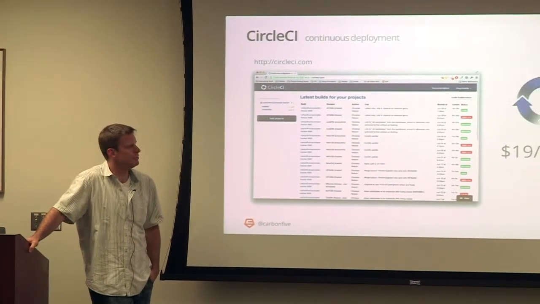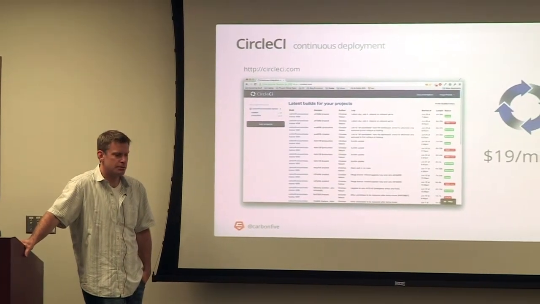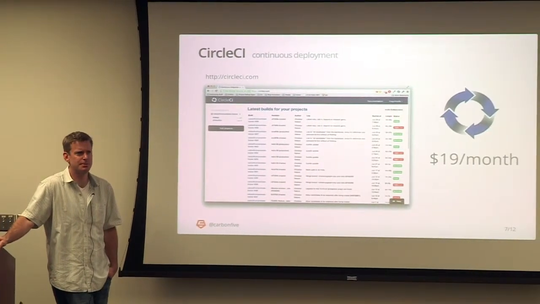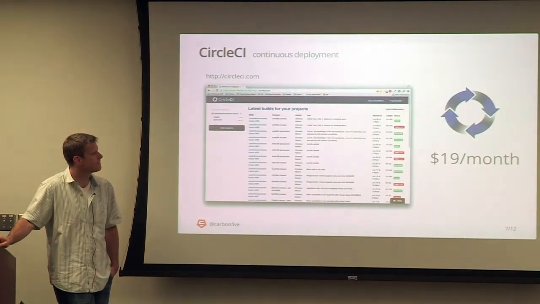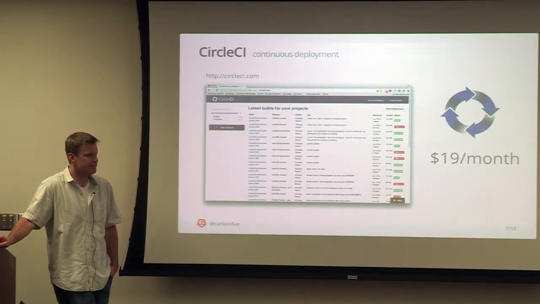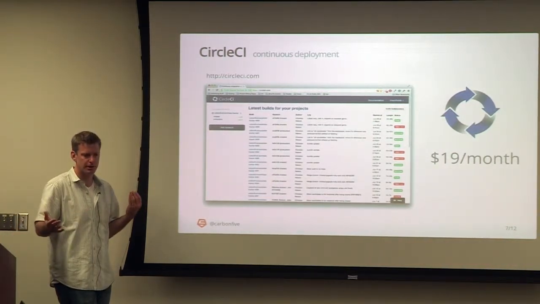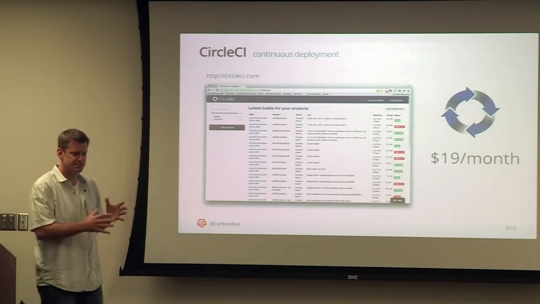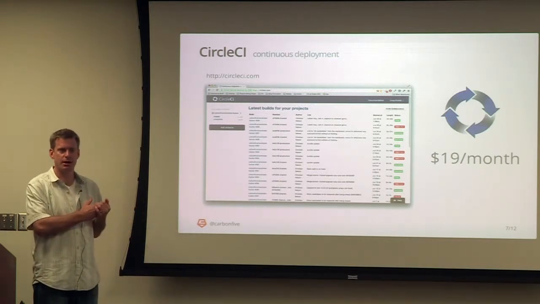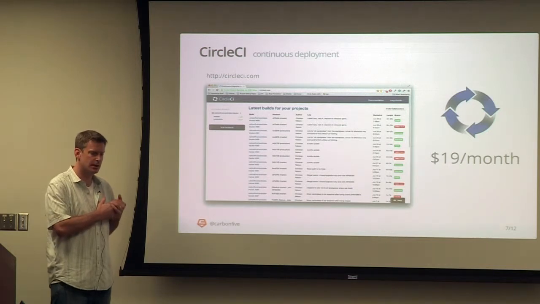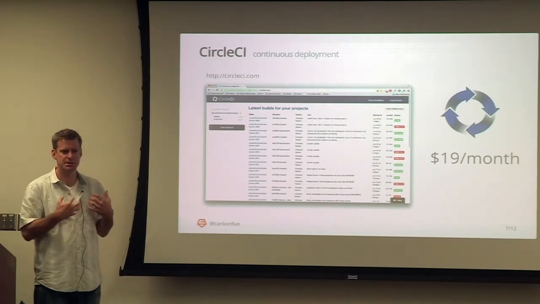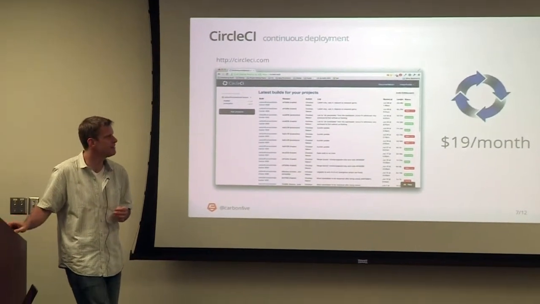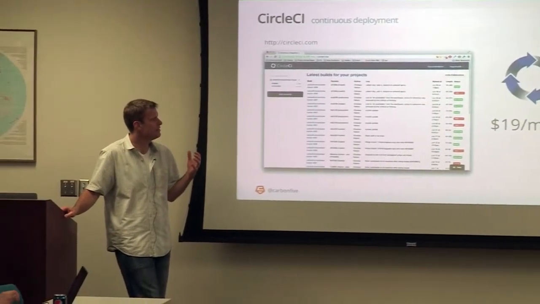Talk about continuous deployment. Does anybody know what I'm talking about when I say continuous deployment? There's an end goal of this automation, this agile process and automation and this push towards testing, unit testing, and automated unit and functional testing